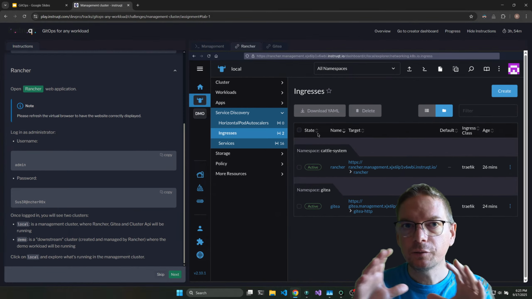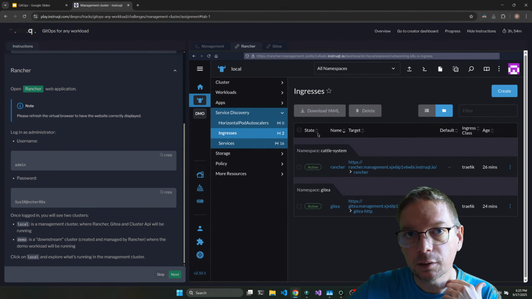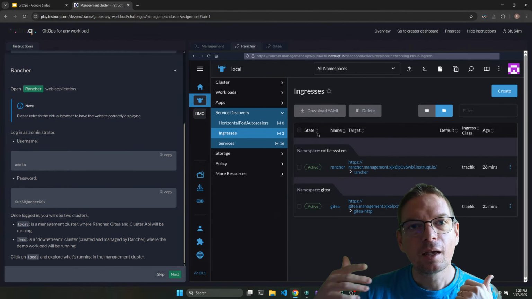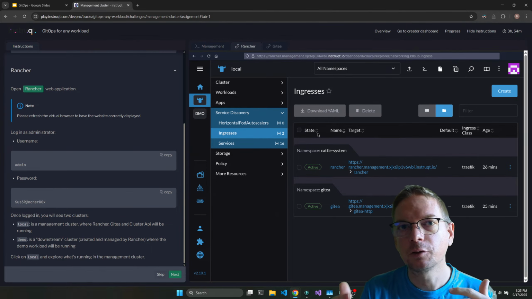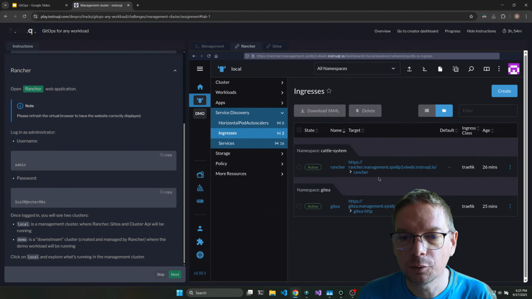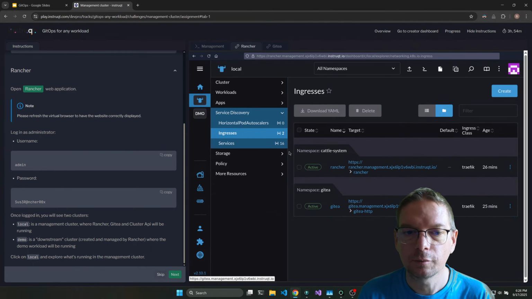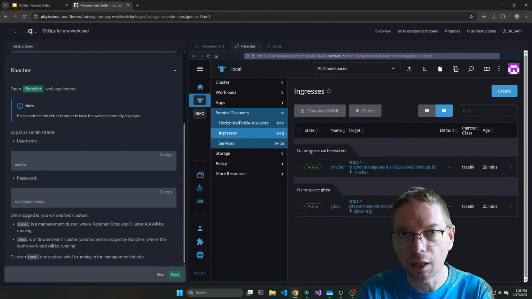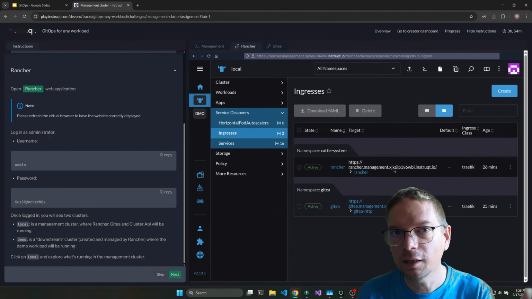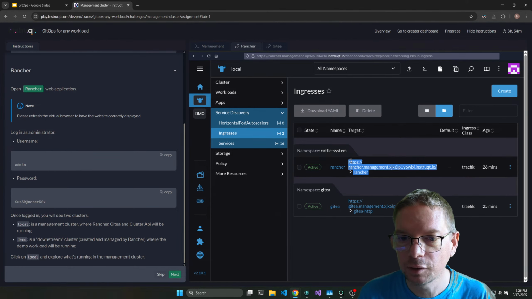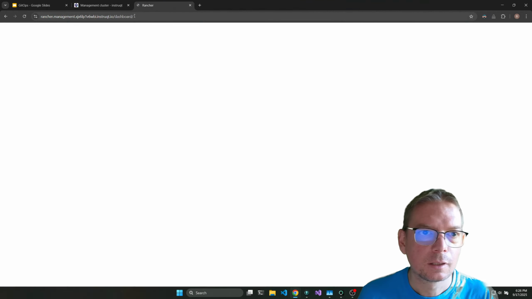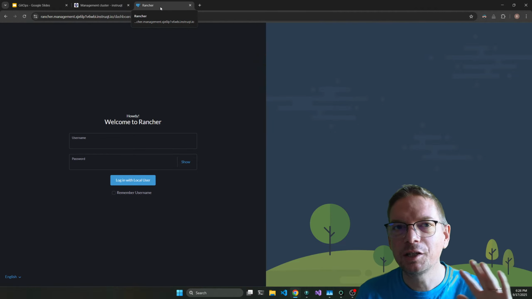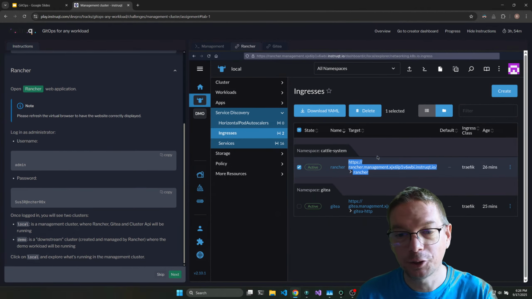So by default in Kubernetes, you cannot reach something that is running in Kubernetes. It's a good security by design. If you have a web application and want to make it available outside of Kubernetes, you need to define an ingress. And we can see we have two of them, Rancher and Gitea. This is what we want. It's in my lab, in a virtual machine, but I can access it from outside, like if I do this. So you can see it's no magic. It's not a video. You can really access it if you want.